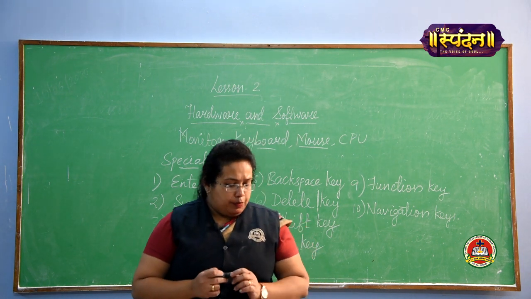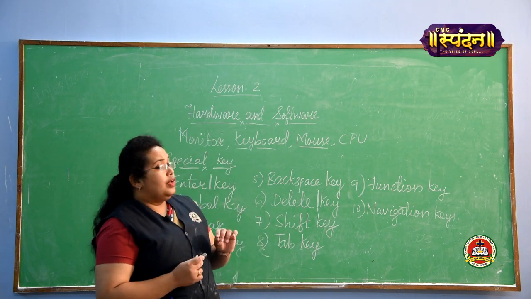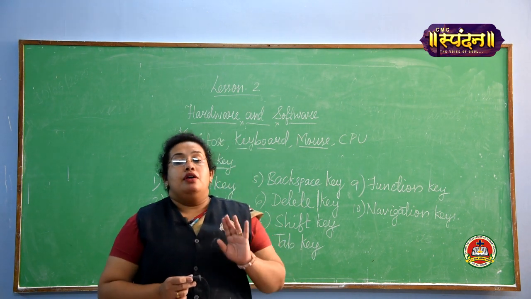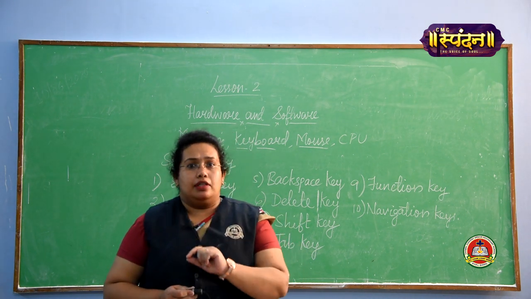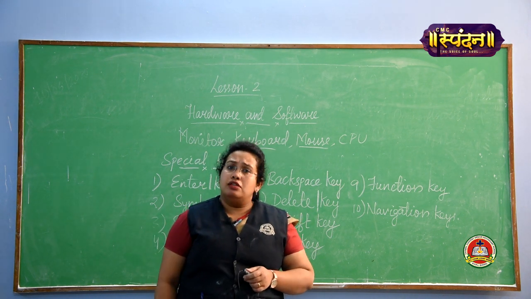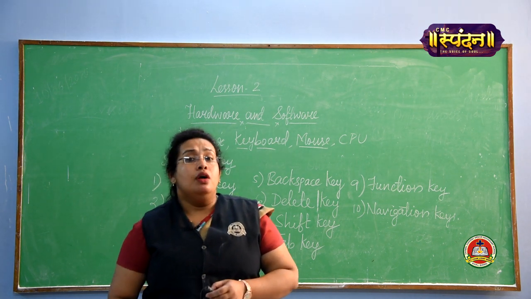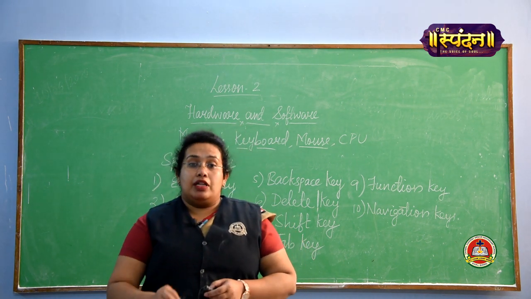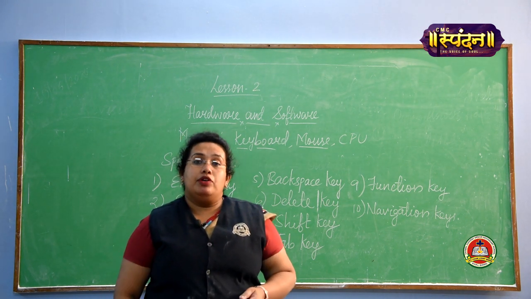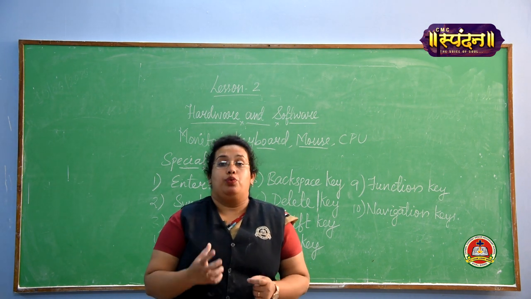Now we will move to the next part, that is known as software. Like hardware, I told you we can touch and see, but software we cannot touch. We can see what programs are there, the set of small instructions which we are using, that is known as software. So software we are using to perform our work. Without software in our computer, we cannot perform. Whenever you are purchasing a computer, you have to install some software to make it work.